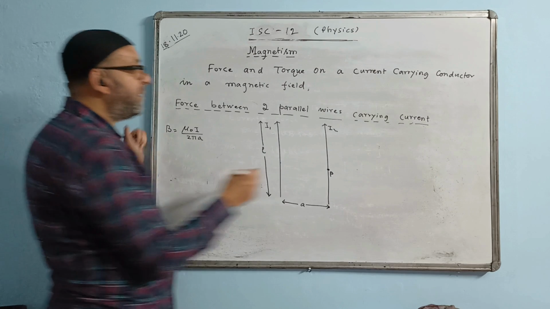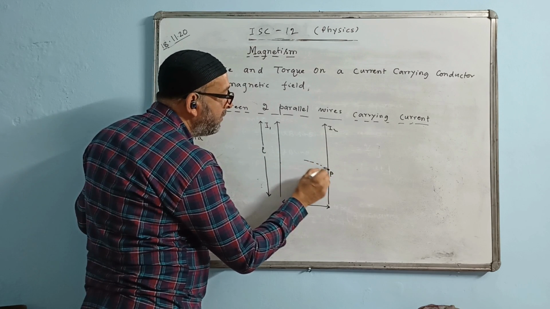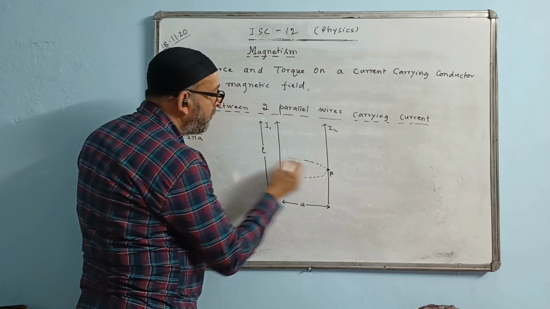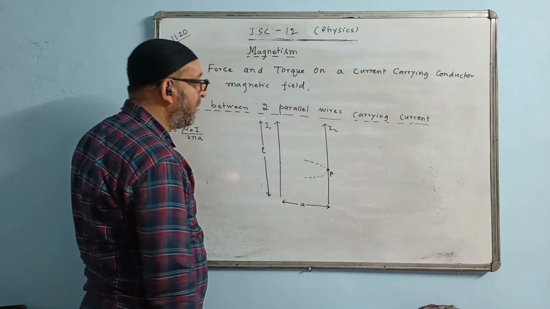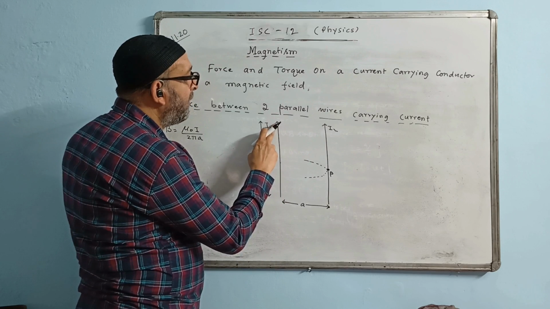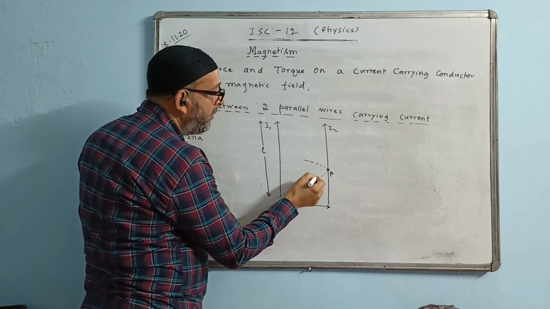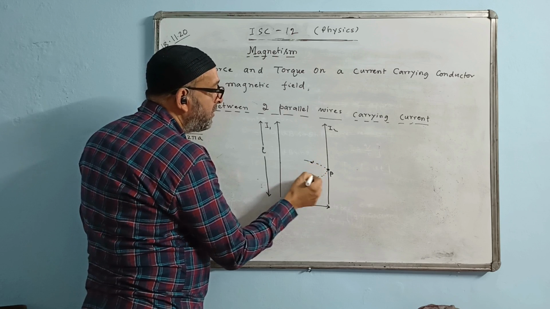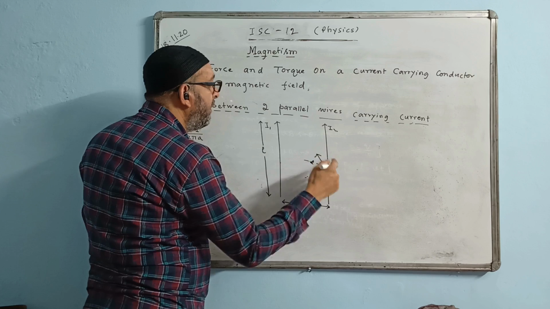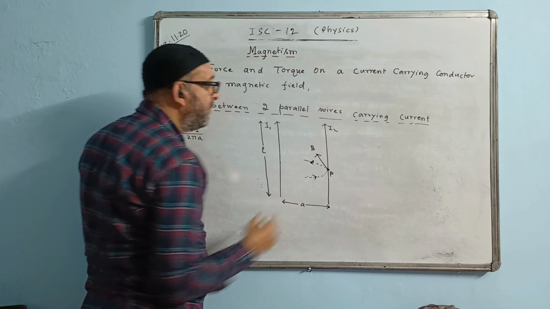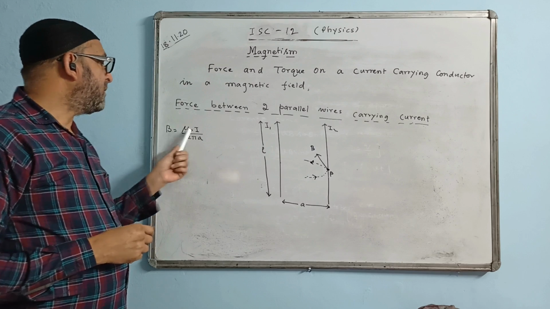So let us see in what direction the magnetic field will be acting here. Let us check. We draw concentric circles like this. Instead of making the entire thing, we are just making an arc. Here the current I have shown in the upward direction. That means, for upward current, what direction will the circle come? Anti-clockwise. Anti-clockwise circles are coming here. Draw tangents. The tangent will be coming inward. This is the direction of B.